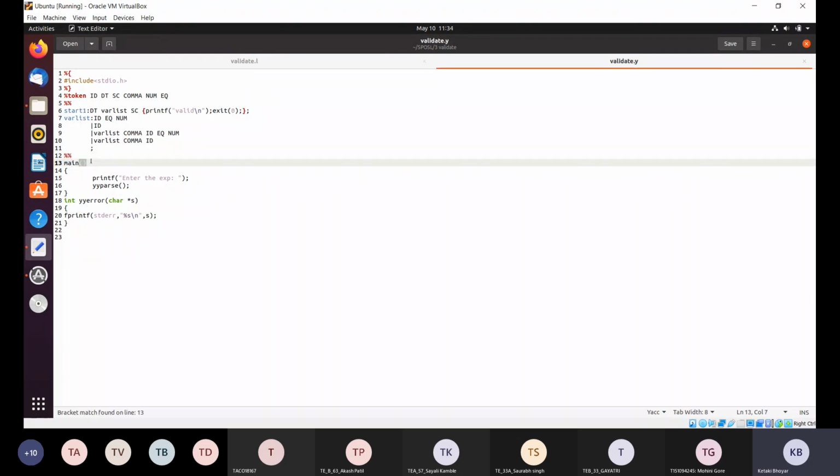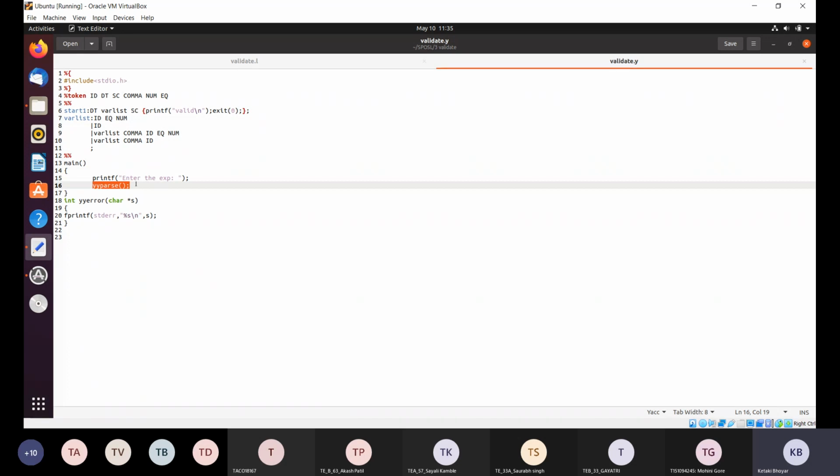Okay, now we have to write the main function. As these are YACC specifications that we are implementing, we are not implementing the lexical analyzers here, right? We are implementing them, but we want to get the output of the syntax analyzer. So we have to write our main function in the YACC file here. What is the main function? We have to take the expression as an input from the user. Then we will call yyparse. This yyparse function will parse the expression.